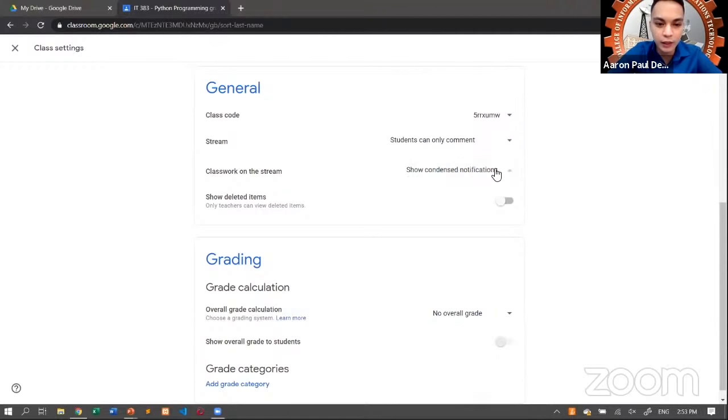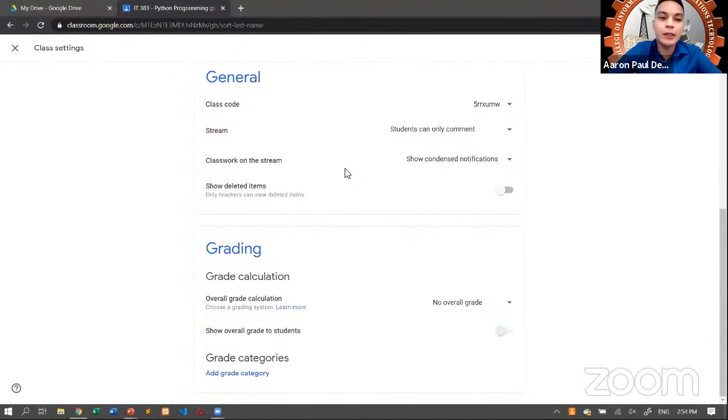Okay. So here we have options. We could show condensed notifications, or we could show all details by choosing show attachments in details, or we have an option of hiding the classwork on the stream. So I think enough na po siguro si show condensed notifications sa atin. And then, last part of our setting is the grading. So dito po, as teachers, we could set our grade calculation of how we want our